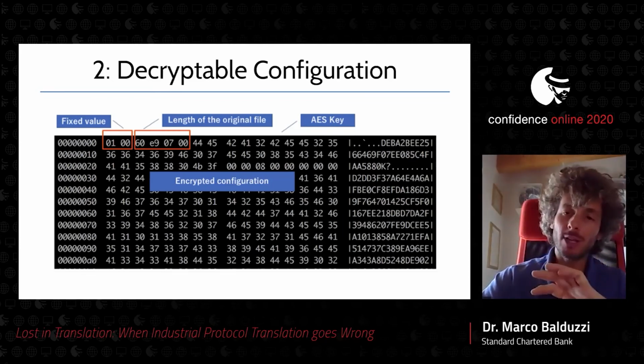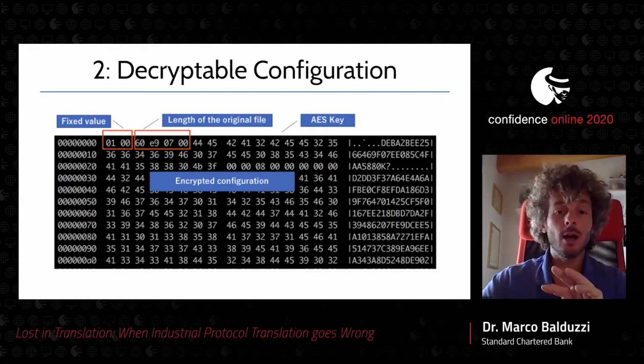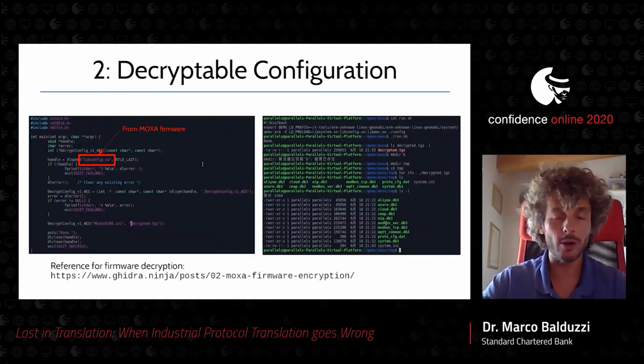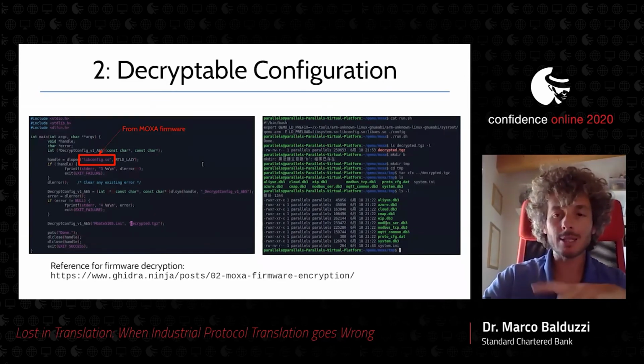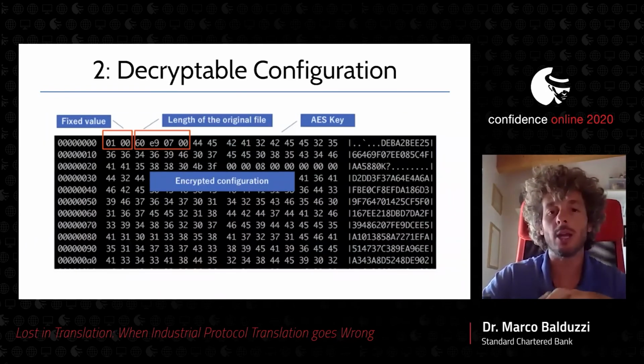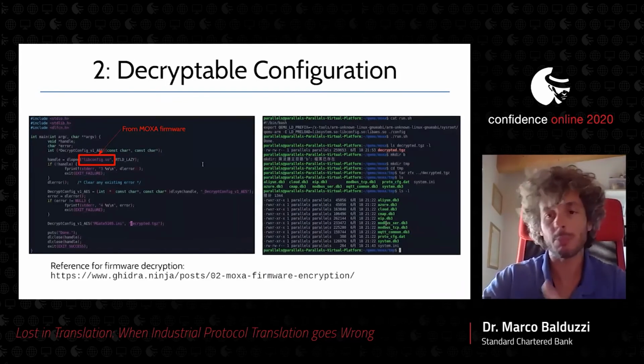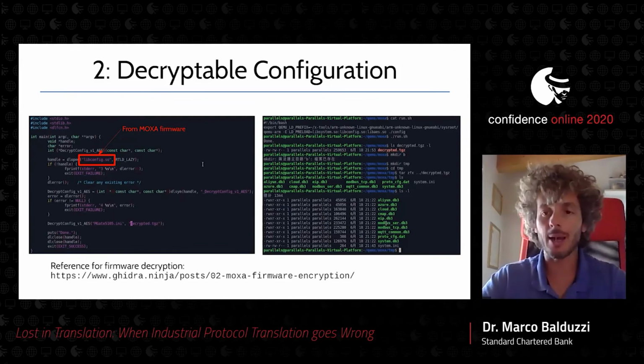So we figured out that they don't use a standard AES, but what we managed to do was to reuse the library from the firmware. We emulate the library with QEMU, and when we do the decryption, we pass the AES key, which is included in the packet that we dump from the network. So you can decrypt all the configuration that comes as a SQLite, and then you can dump the mapping